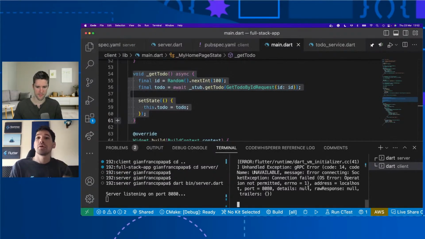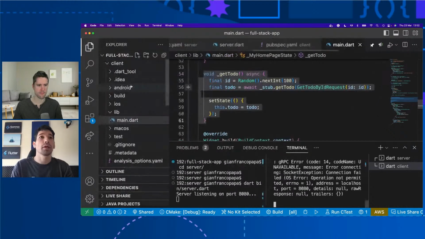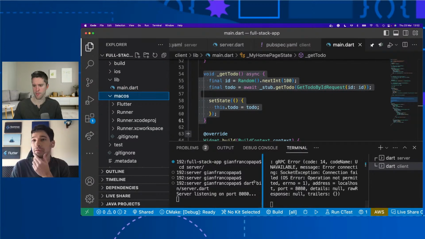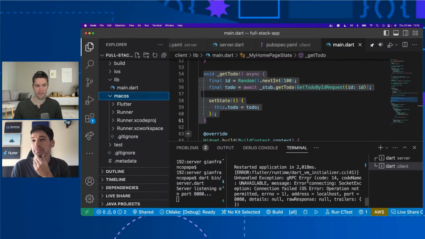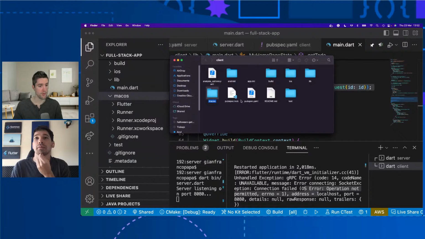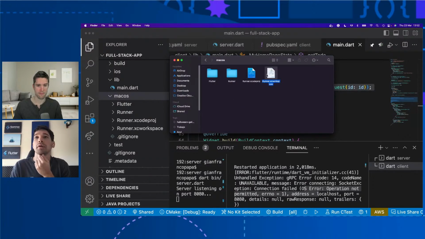Okay, so to solve this, we can enter macOS. Yeah, and it said the operation not permitted, socket stuff, blah blah blah. So when you see that, you got to do what Franco's doing now. Open up Xcode. I'm going to open the Xcode project.